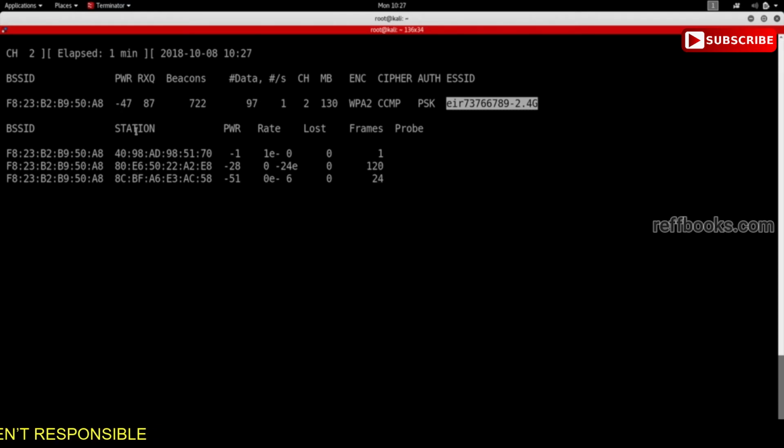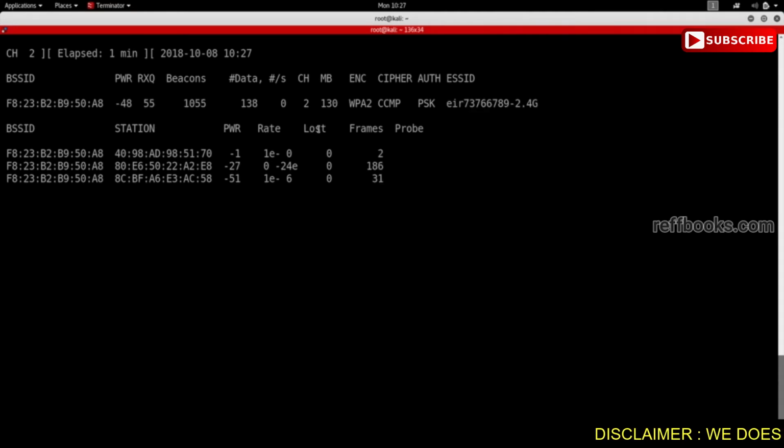So you can see all of these devices are connected to the same network, so the BSSID is still the same. This is the MAC address of the network, and under the station we have the different clients or different devices connected to this network. We can also see the power, so this is the signal strength of each of these devices. We can see the speed, we can see the amount of data lost,